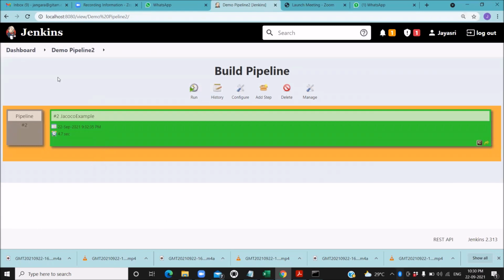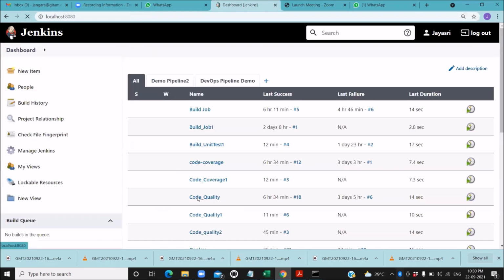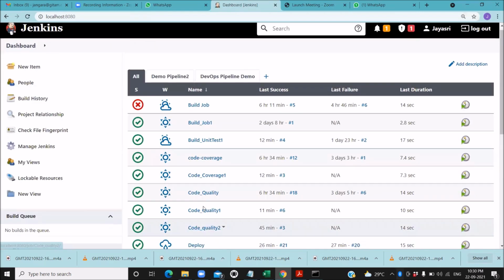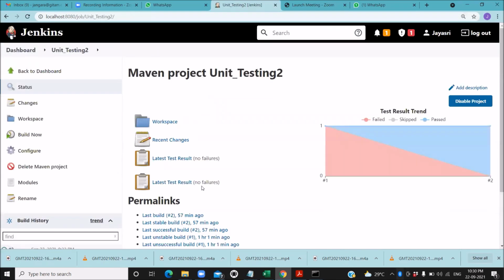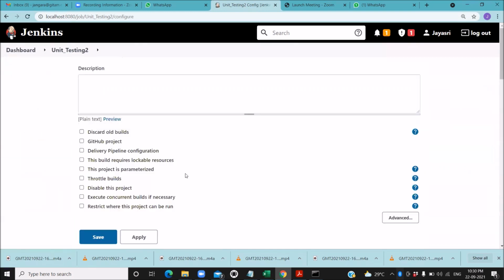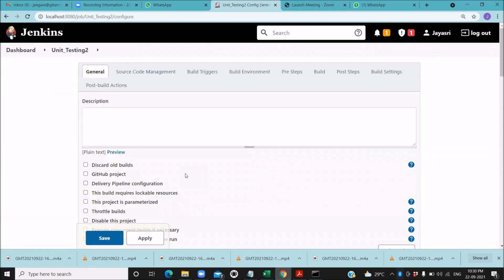Now let us go to unit test 2 and see what is the next job that has to be executed after unit testing 2. Go to configure. We know that after unit testing, we have to have code coverage.